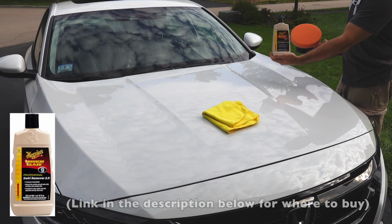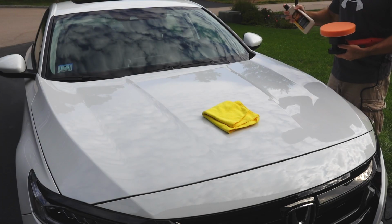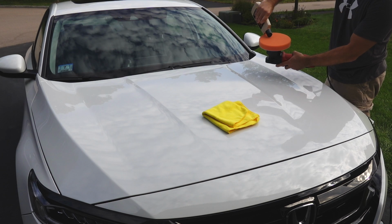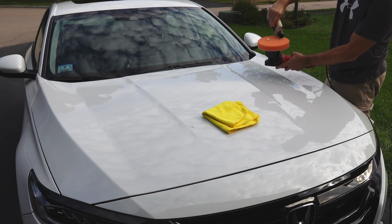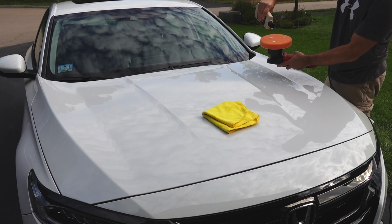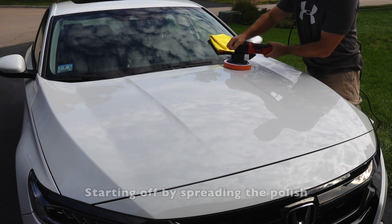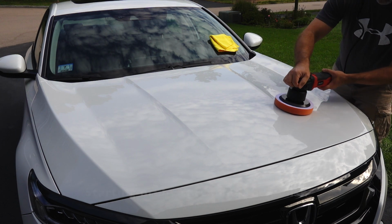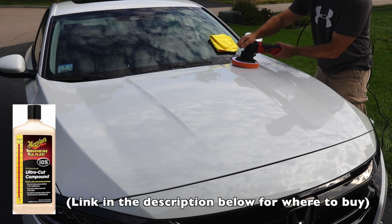If you have a brand new car, you're probably still going to have a little bit of swirl marks, enough that you want to do a polish. If you've had your car for a while and or it's been under adverse environmental conditions, you drive it a lot, you drive it in areas that maybe kick up a lot of dirt or gravel, whatever it is, if you have a lot of swirl marks on your car and or light scratches, you may want to officially compound